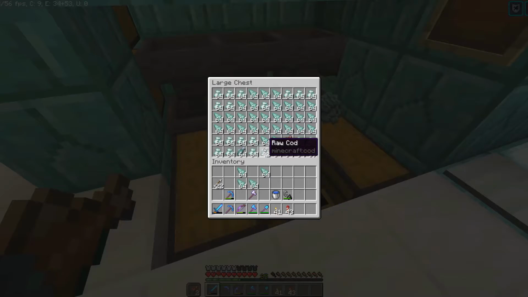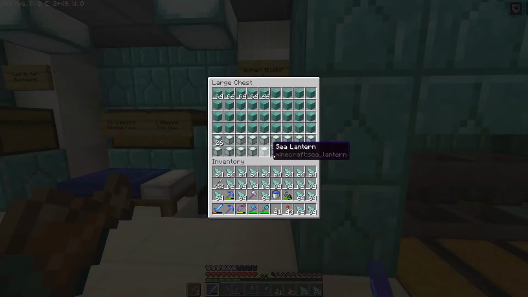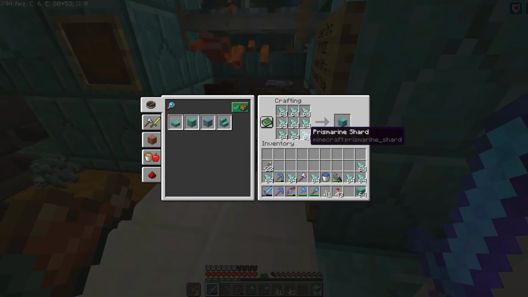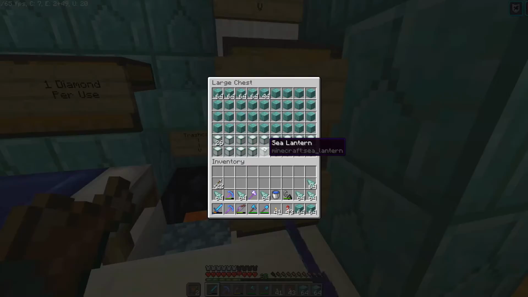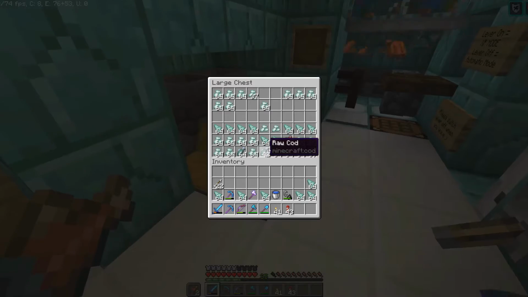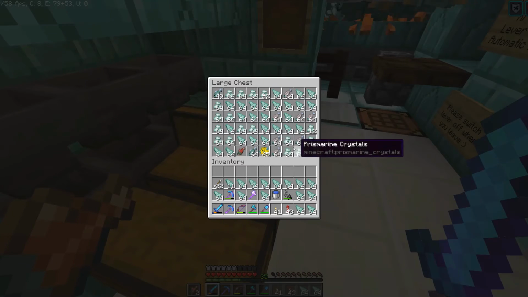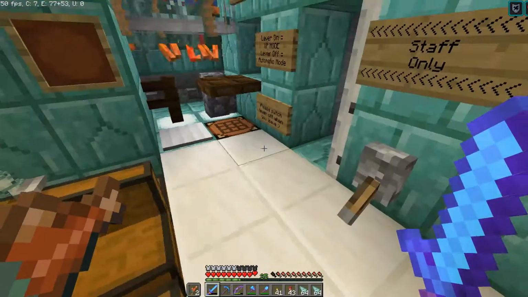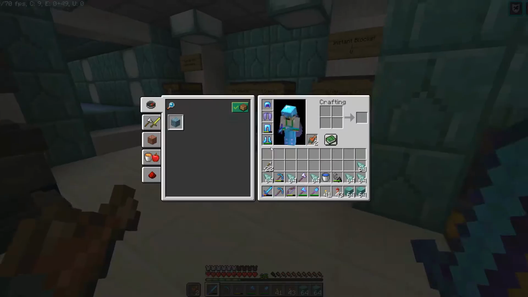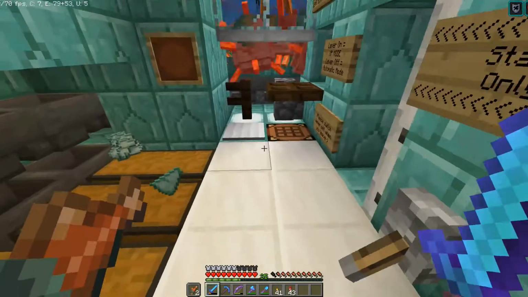And then all these prismarine shards, I can turn those into prismarine blocks. Like that. Get some more shards. Alright. So I'll just do this. Get as many blocks filled up as I can. And then I'll be...